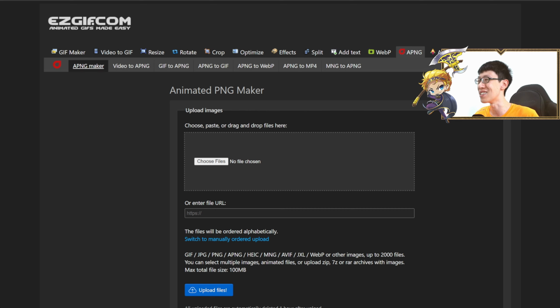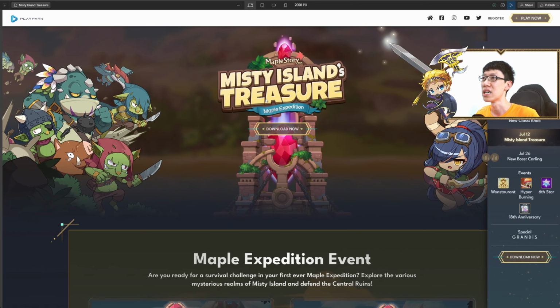ezgif.com over here. This is where I make APNGs, so I use this a lot, and you can actually convert anything over here. All right, this is a very powerful site. You can convert video to APNG, GIF animation, and you can optimize it as well, right? This is a very, very powerful site which I like to use a lot. Okay, and after that, you can also use the APNG.